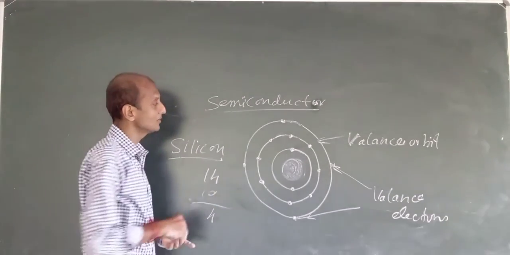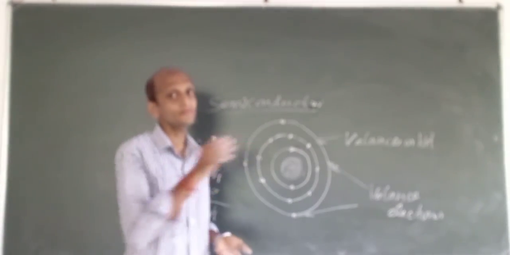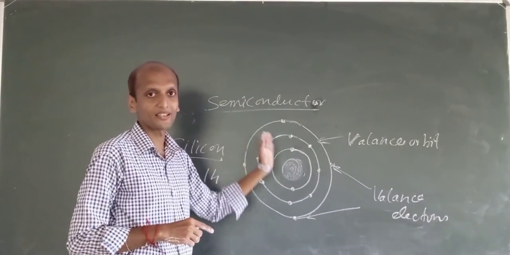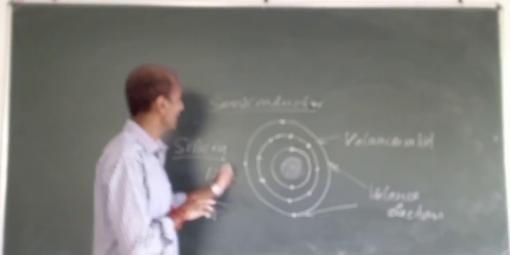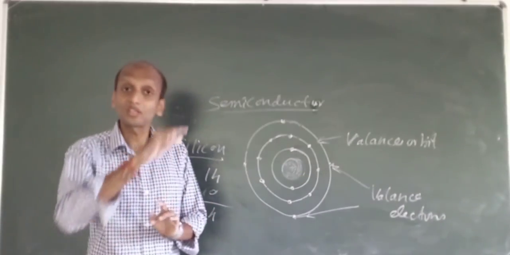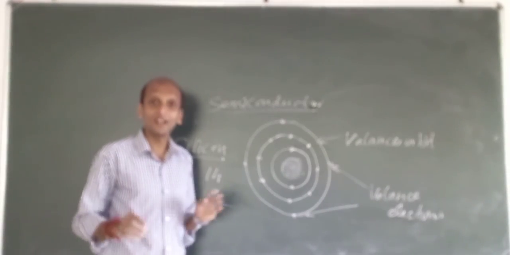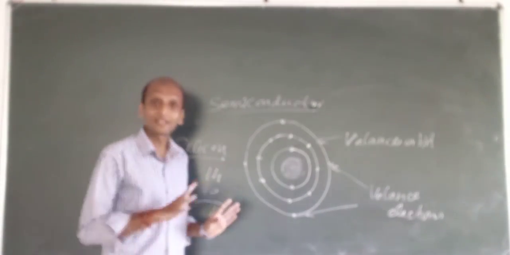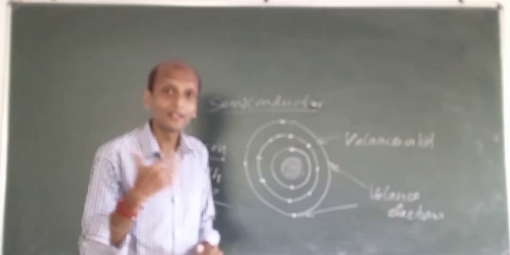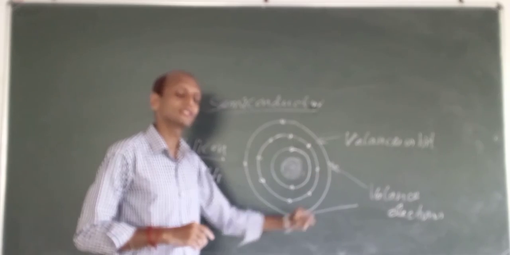So this is how we can classify materials depending on the number of valence electrons, whether it comes under the semiconductor, conductor, or insulator category. And we have also seen that for a semiconductor material the number of valence electrons comes out to be 4. So we are all clear with semiconductor materials and their count of valence electrons.